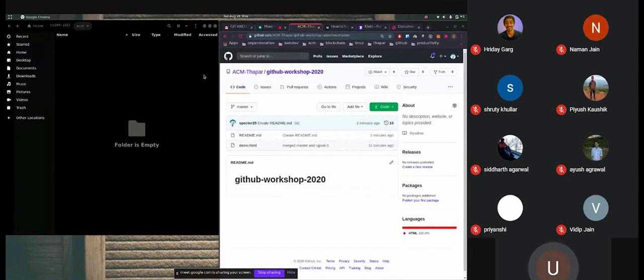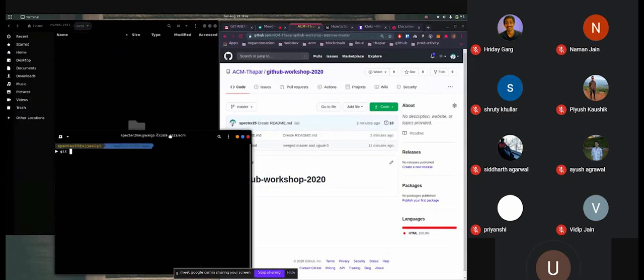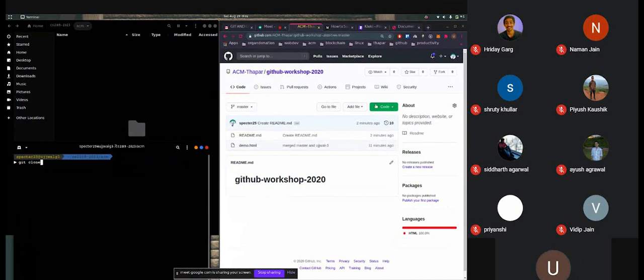I don't have any code base of this project beforehand. So if I want to collaborate with this, if I want to have this code on my local computer, what I will do is I will write the command git clone.